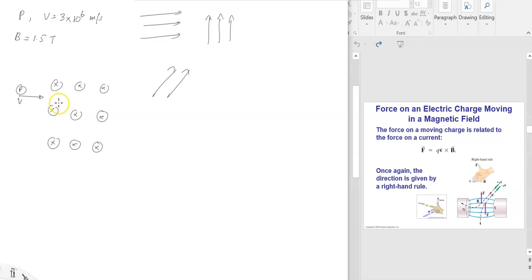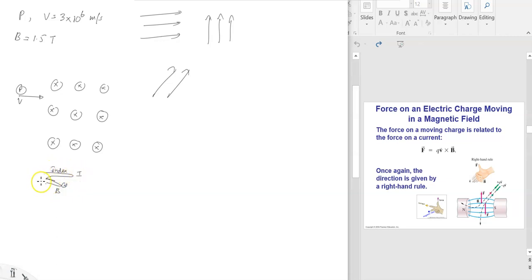Take your right hand, place the index finger in the direction of this proton, so to the right. Here's your right hand, here's the index finger going right. Magnetic field going into the board, place the middle finger on these crosses into the book. It's kind of going in. This is the middle finger, this is the B field, this is the index finger,